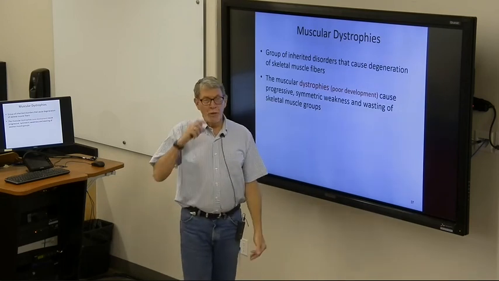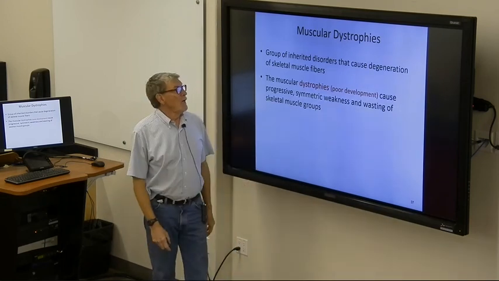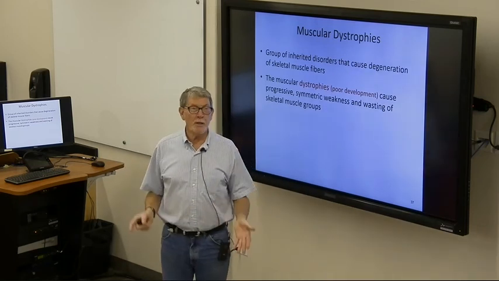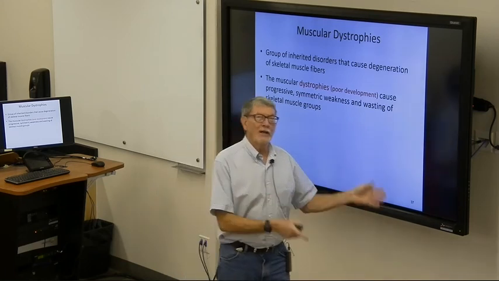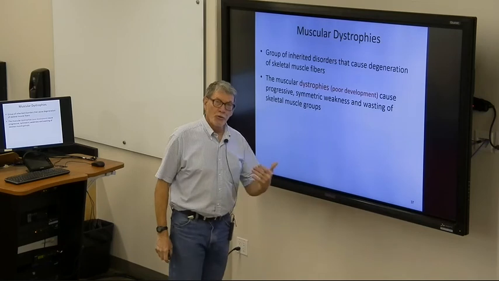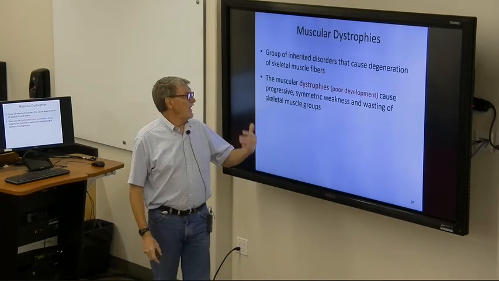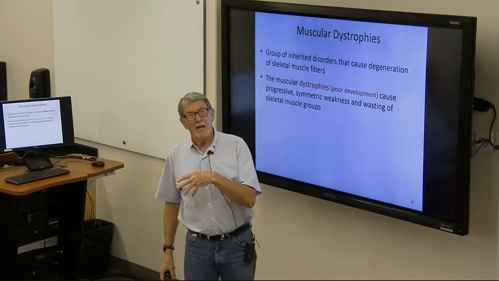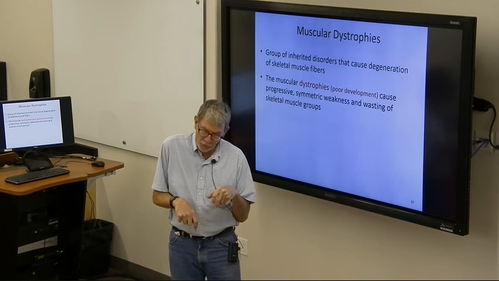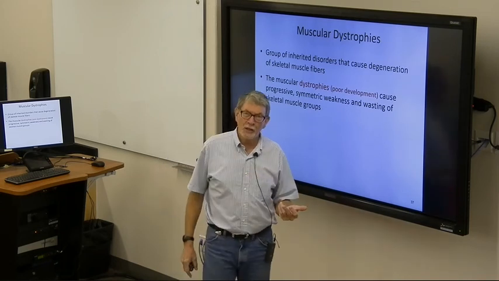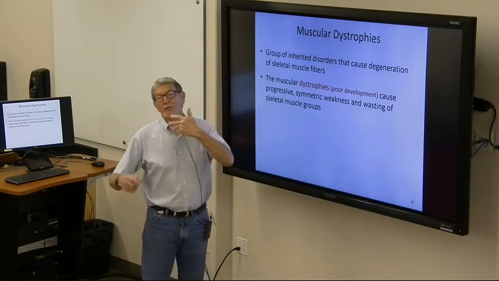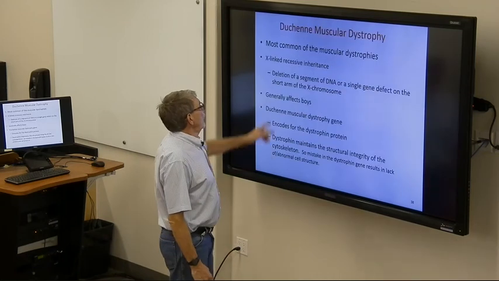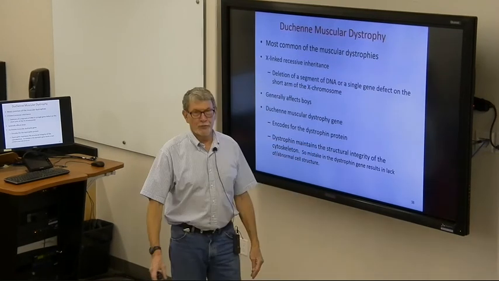We're familiar with the term muscular dystrophy, like it's a single disease, but in fact, muscular dystrophy just means poor muscle development. And multiple muscular dystrophies can be caused by a variety of things. They can be caused by cerebral palsy. You can have a form of muscular dystrophy that doesn't allow the muscles to develop properly. You can have damage to a nerve that causes them not to develop properly. But Duchenne muscular dystrophy is the one that we call muscular dystrophy.